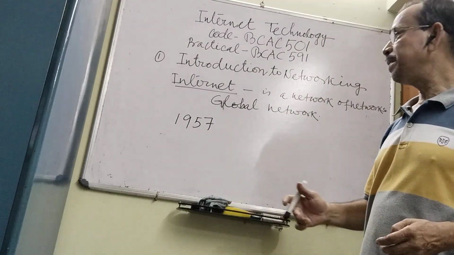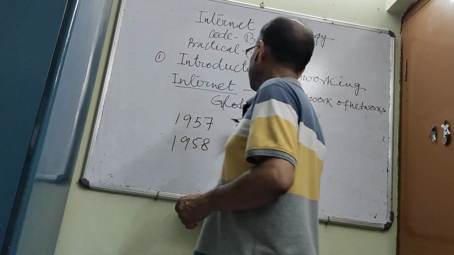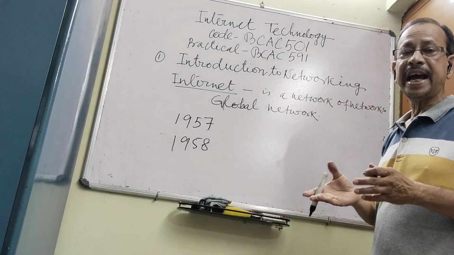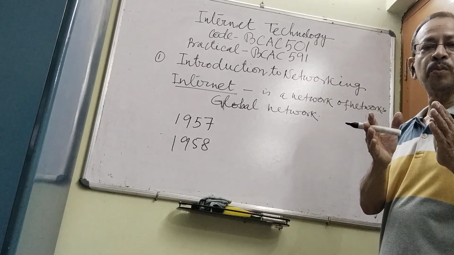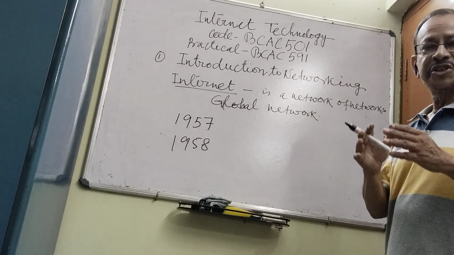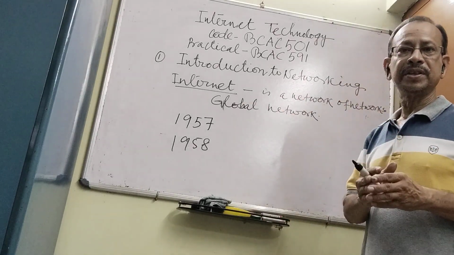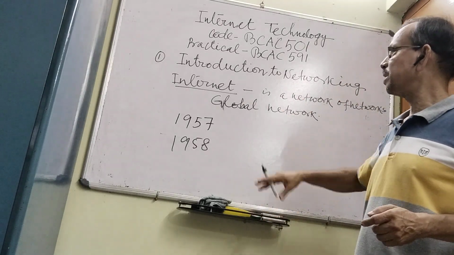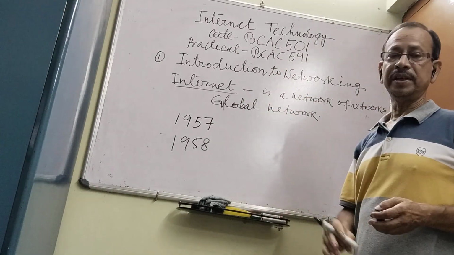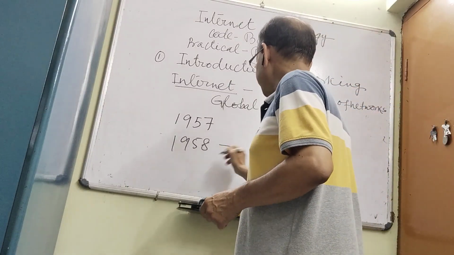Then in 1958, the other group, the United States and its allies. So two groups: one is the Soviet Union, that is Russia, and the other is America, and their allies. Some countries were associated with Russia and some with America. In 1958, America launched